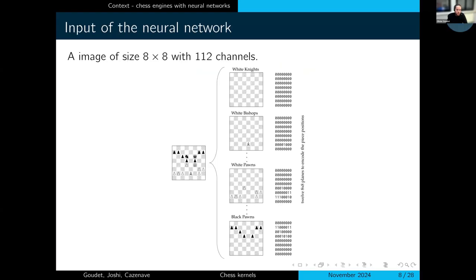During training and inference, a chess position in Leela Chess Zero is seen as an 8x8 image with 112 channels. I won't go too much into the details here, but overall there is one plane for each type of chess piece. In the tensor corresponding to the current position are also encoded the 7 previous positions, as well as other information such as the right to castle or not for each side, black or white.